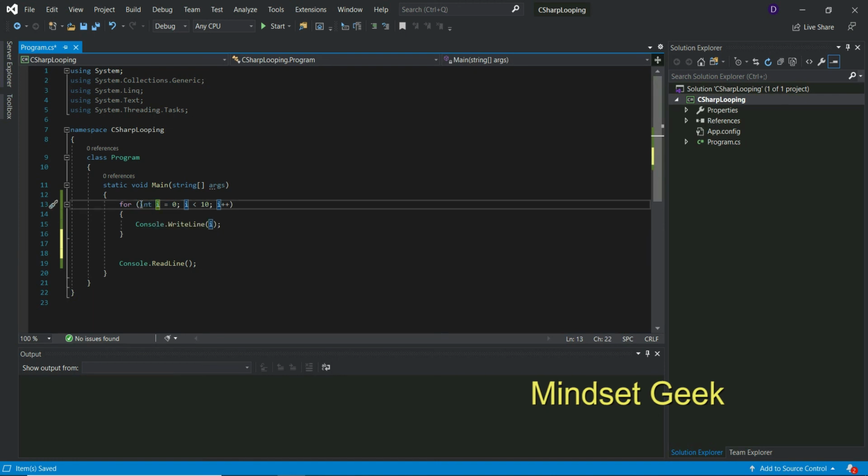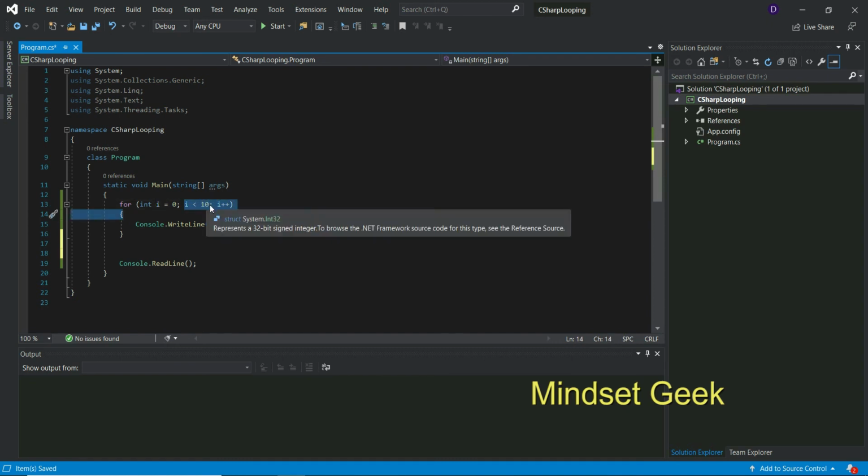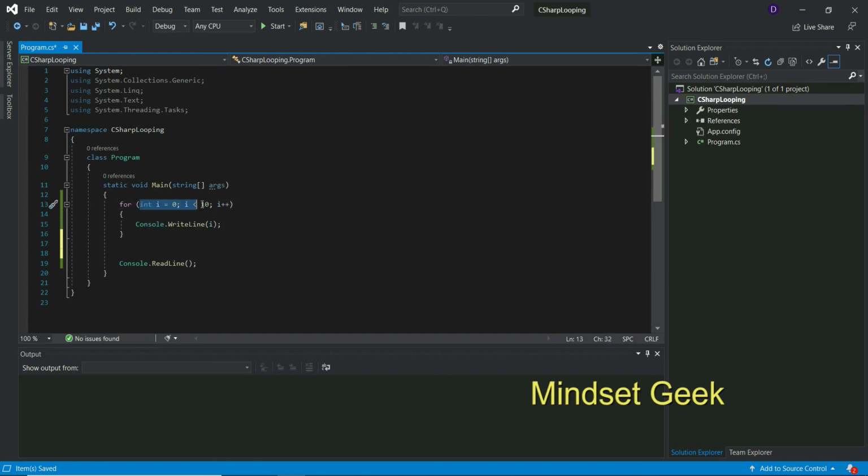The for loop has three statements. This is the initialization statement: create a variable called i and assign the value 0. Second, check the condition. Last, increment or decrement. The first two parts execute first, not the last one.